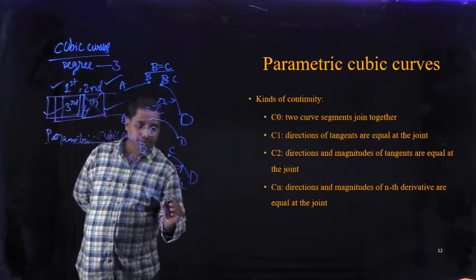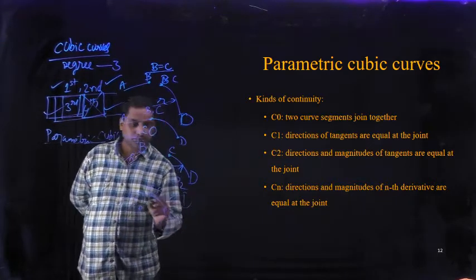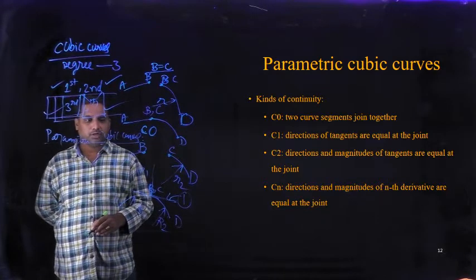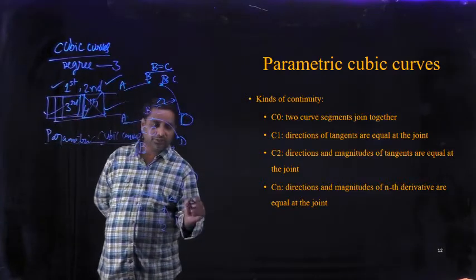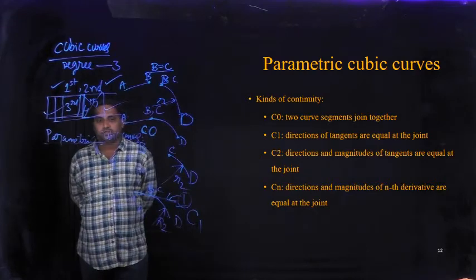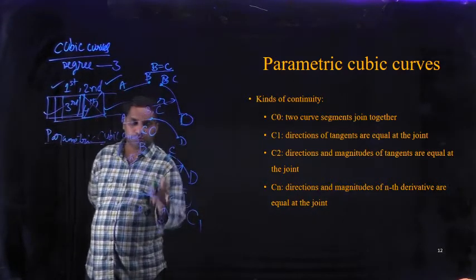If you join like that, and forget about this one. Here, what is the degree of this curve? A straight line, first degree. So the tangents coincide and the degree of the tangent, the straight line, is 1. Hence it is called C1 continuity. Forget about this vertical line at this moment.